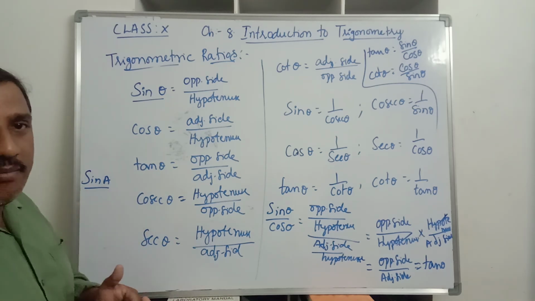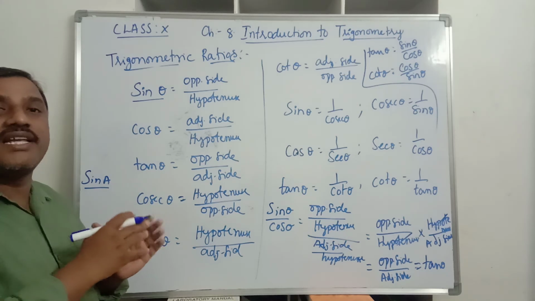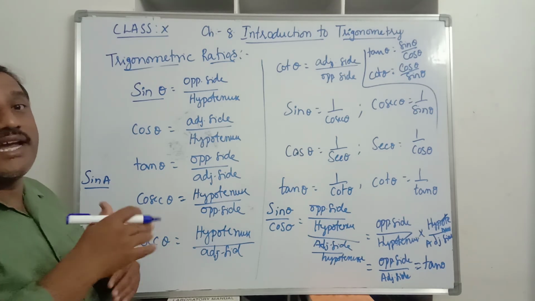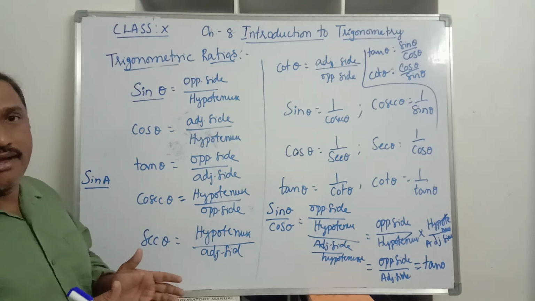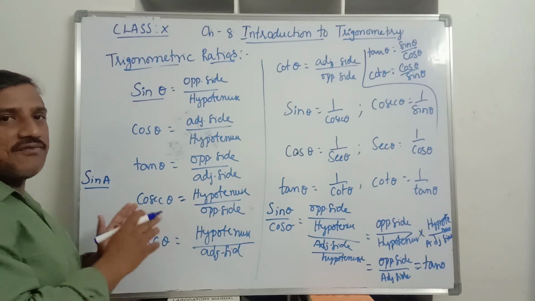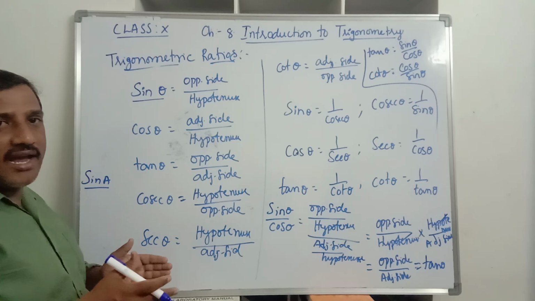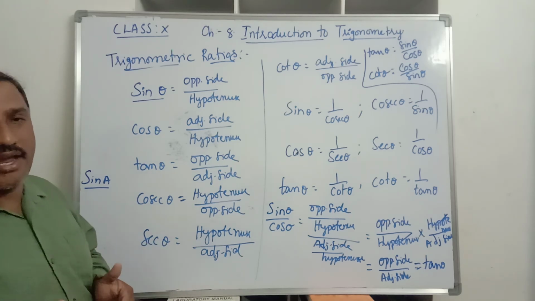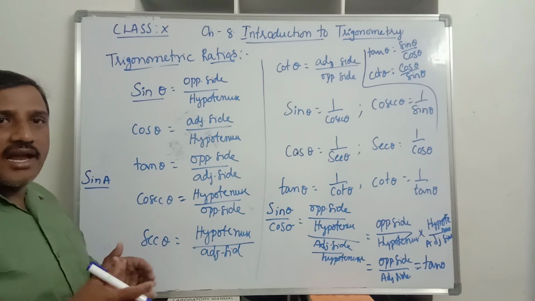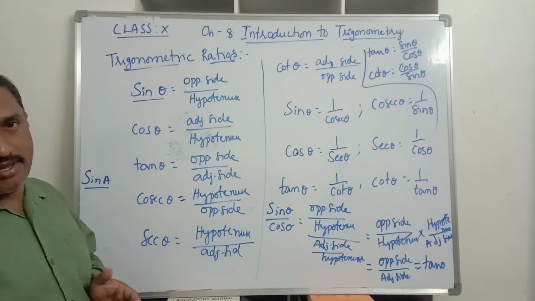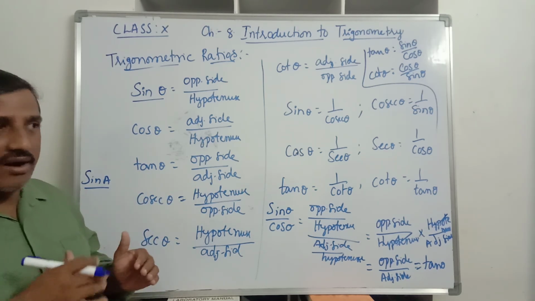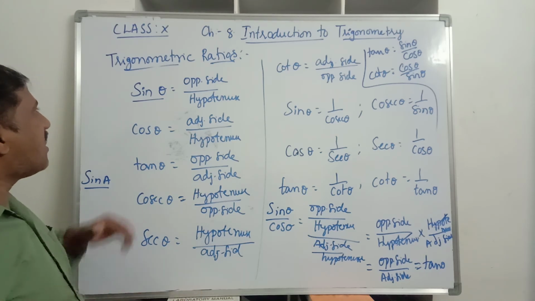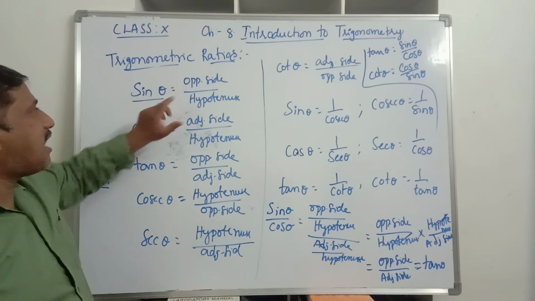Similarly, cos A is the abbreviated form of cosecant A. Sorry, it is cosine of angle A. It is not the product of cos and A. Tan A is not the product of tan and A. Cosec A is not the product of cosec and A. Similarly, cot A is not the product of cot and A. It is the abbreviated form of cot of angle A.